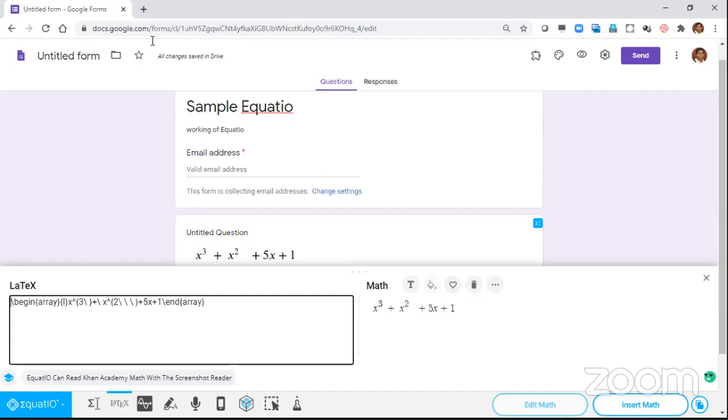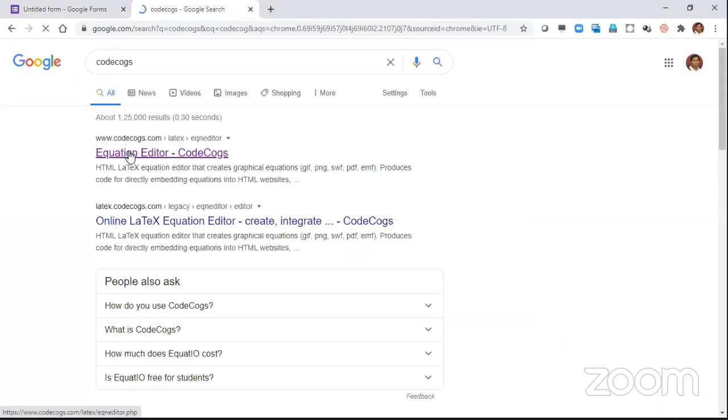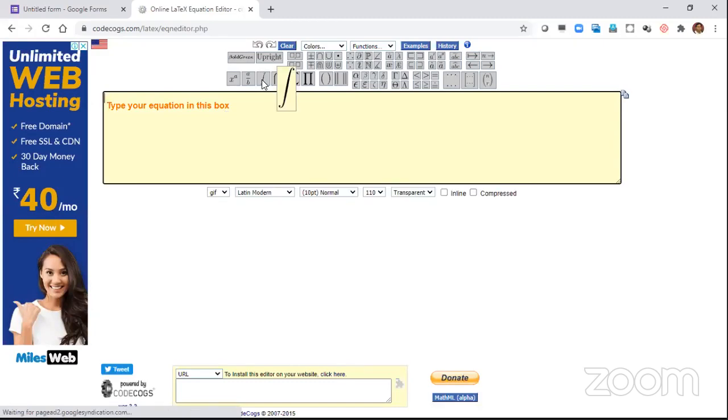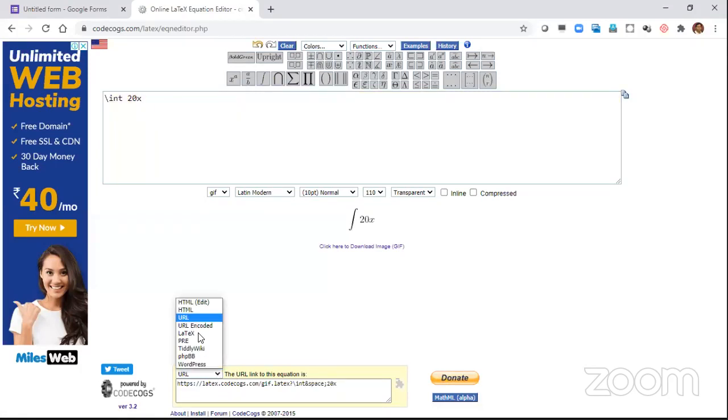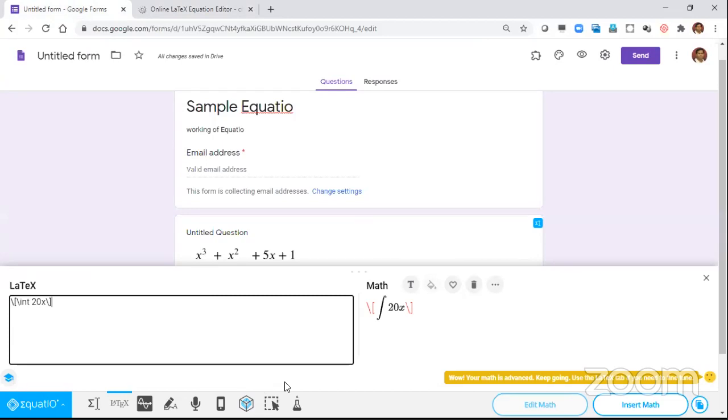You know, if you want, I'll just show you. Go to Cog. Just now you have seen some time back. Let me just type something. So yeah, integral 20x something. Okay. Now here LaTeX. Copy this, Control C. So go to your this, Control V. Now you can see your integral 20x has come. So something else is extra. Do not worry. Just remove them. It's editable. It's very much editable. Now you can see your 20x has come.